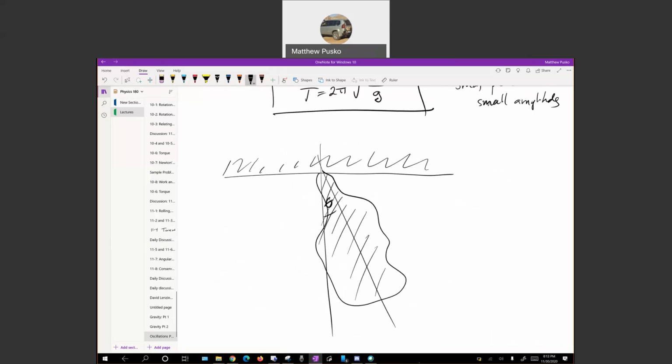Well, what's going to change is that there's a crazy mass distribution. In this case, for small amplitudes for a physical pendulum, we would need to know the shape, and based on the shape, we can get the period from this moment of inertia over